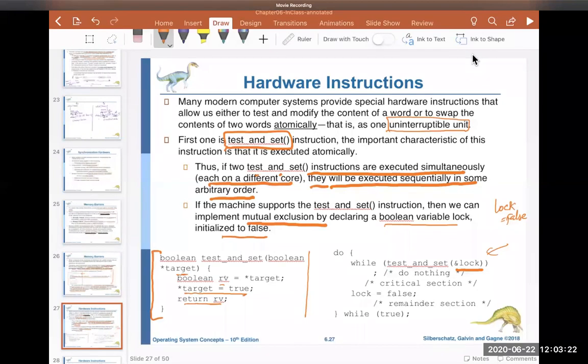Now let us suppose we have lock equal to false. Initially there are two processes which want to acquire the lock. So the lock is 0, false first. Whenever this function is called, the initial value of the target is false, so it will make RV equal to false, the new value of the lock is true, and it returns RV. When this returns false, this infinite loop would actually terminate, and then this process P0 would enter into the critical